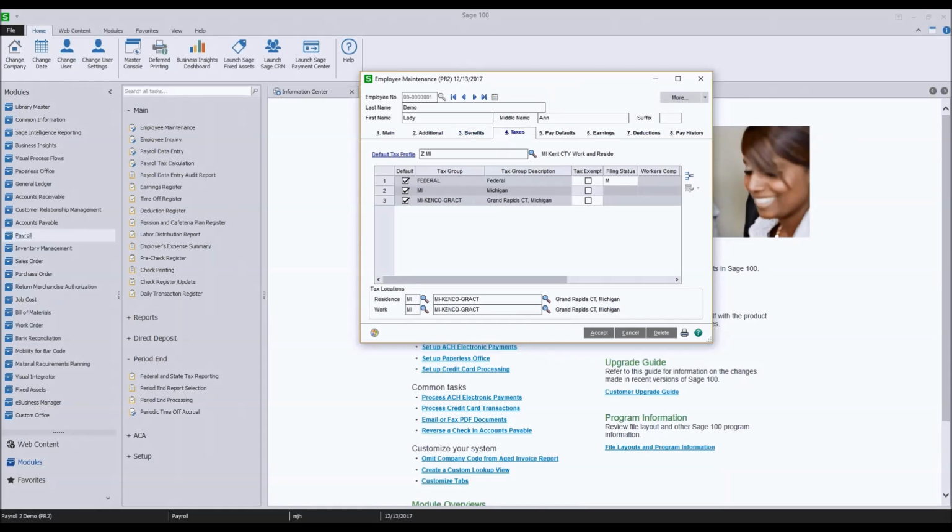From the tax perspective, we're going to see what the different groupings are like. So everybody's going to be applied to federal, and then you might have a state, and then you might have some variation of local taxes.